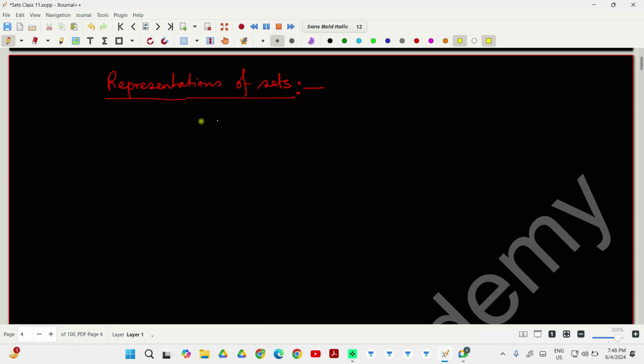There are two types of representation of sets. One is roster form and another is set builder form. Okay, these two types of representations of sets are there. So what is the roster form? Roster form is if we